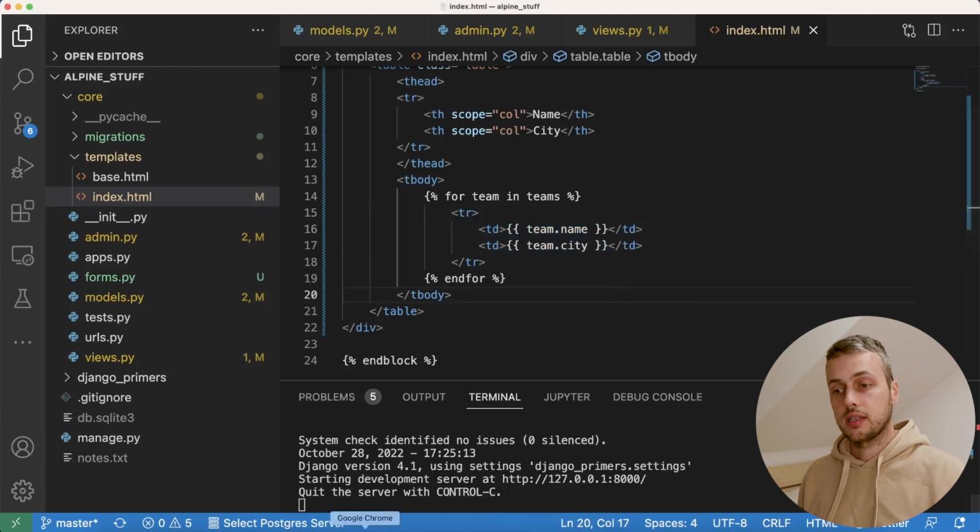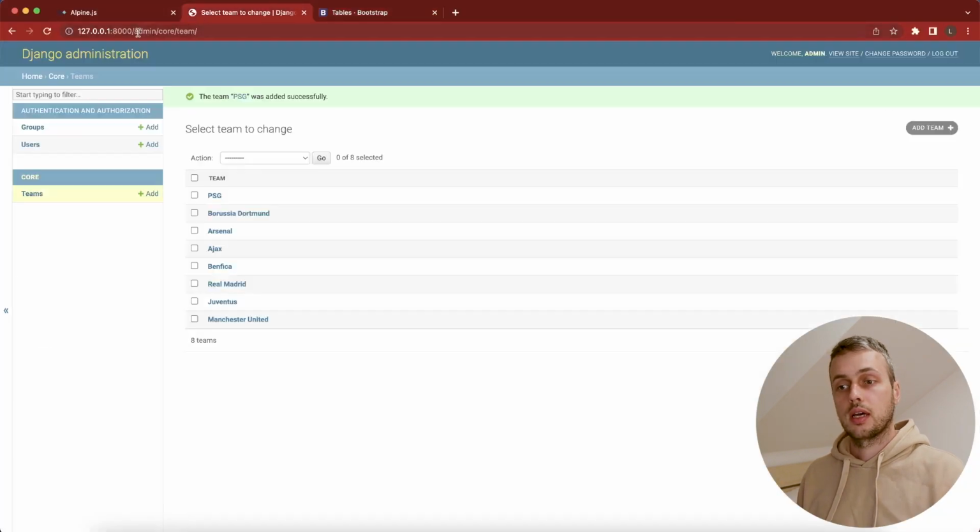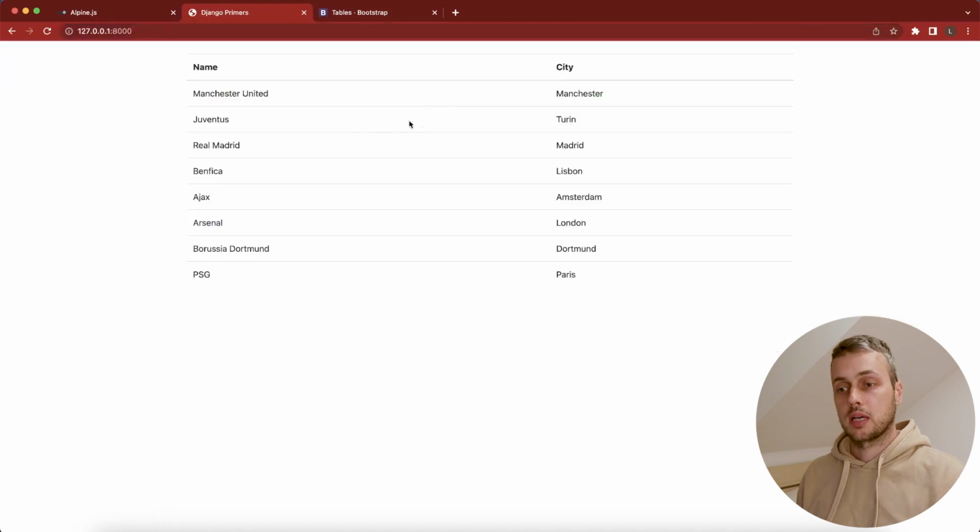Let's save that file and go back to our page here, and we're going to go to the home page of this application, and we can now see that there's a table containing the teams that we have in our database. Let's get to the crux of this video, and that's using Alpine.js to add some light interactive functionality to